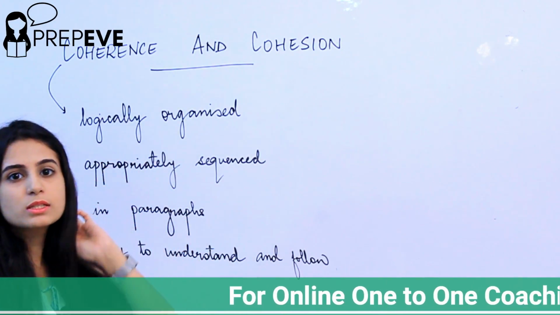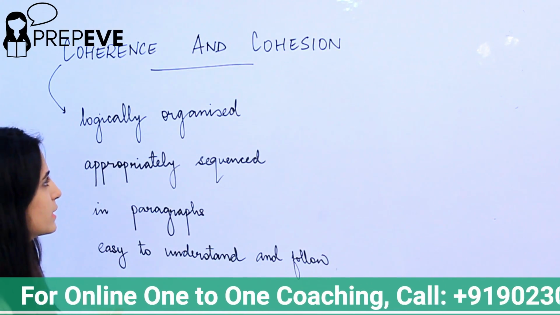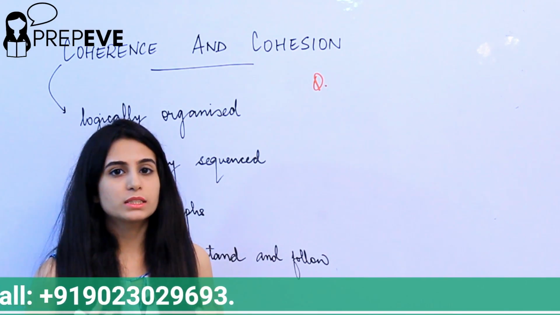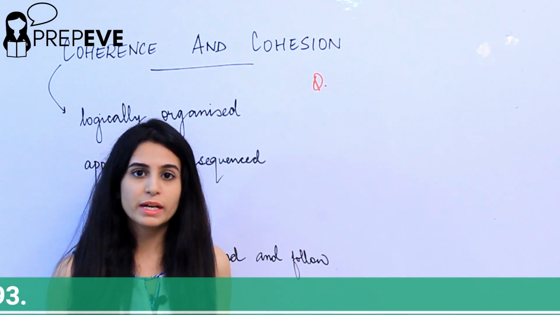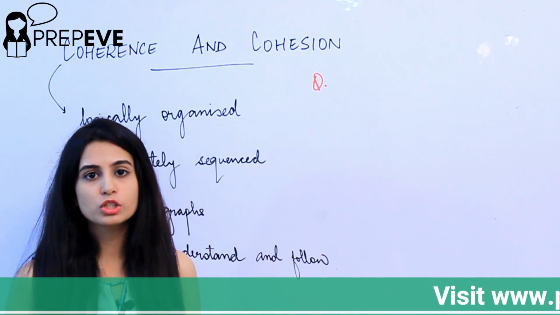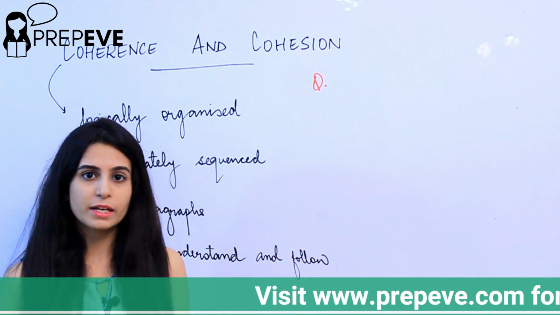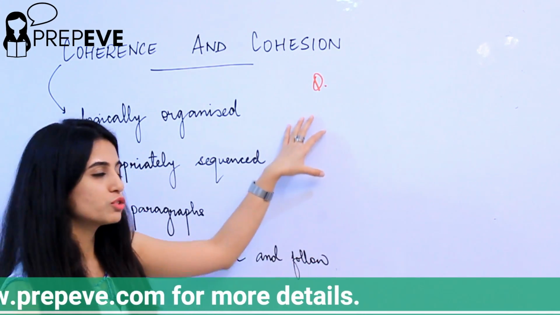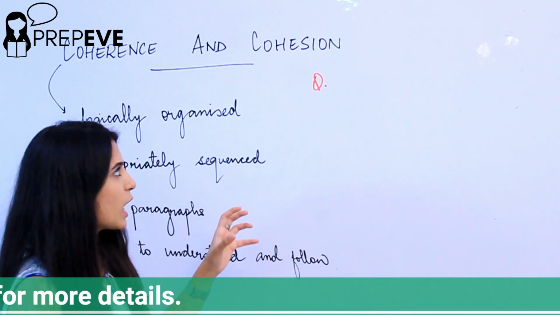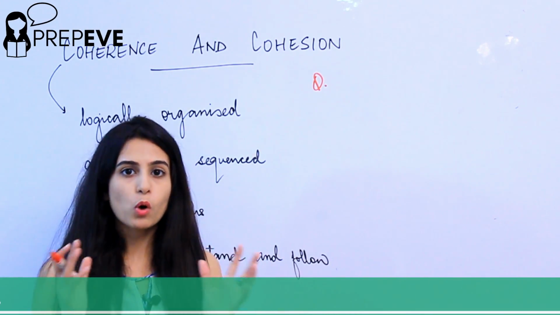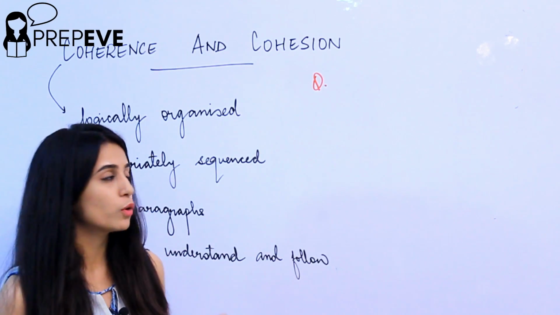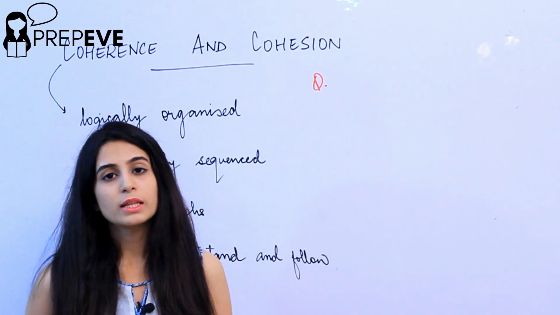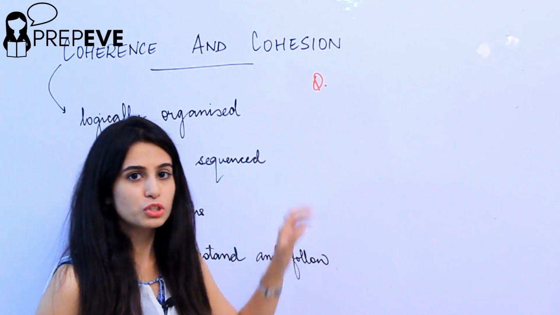How do we sequence our essays? We have a question. There is no point in wasting our time repeating the things that we have already discussed. So I would request you to watch the previous videos of all the directives which come under the task response parameter to understand how we structure our essays. Still, I would give you a possible structure. This is not mandatory for you. You can follow it if you want to, or you can follow your own version. That's your choice. But this is a possible structure.